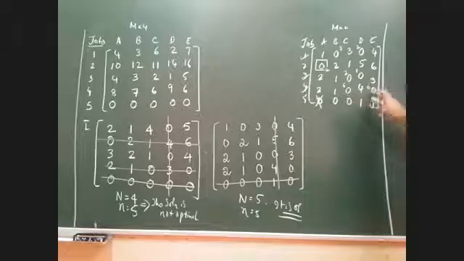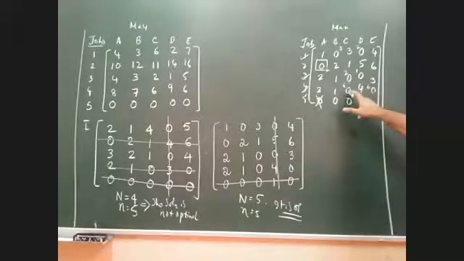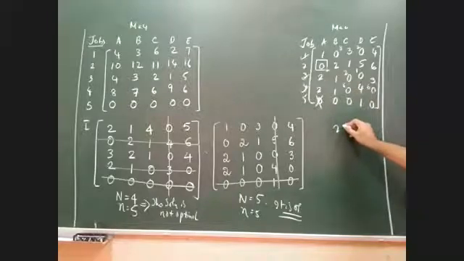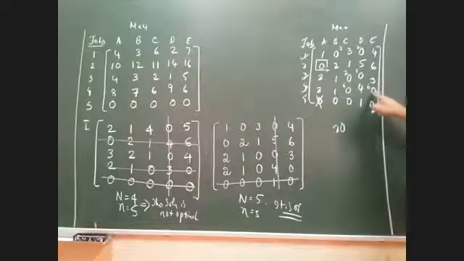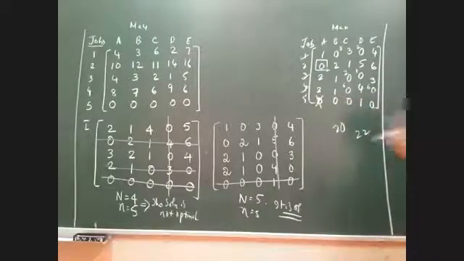Some people might have taken this 0, solved, and got another answer. Let's say with this 0 we have got, I'm just giving a hypothetical answer here, 20. The other person who has taken this particular 0 and solved would have got 20, right? Both the answers are correct because you completely followed the conditions of assignment and got the answer. But the rule says whenever you are supposed to find the assignment cost, it shall always be the minimum assignment cost.